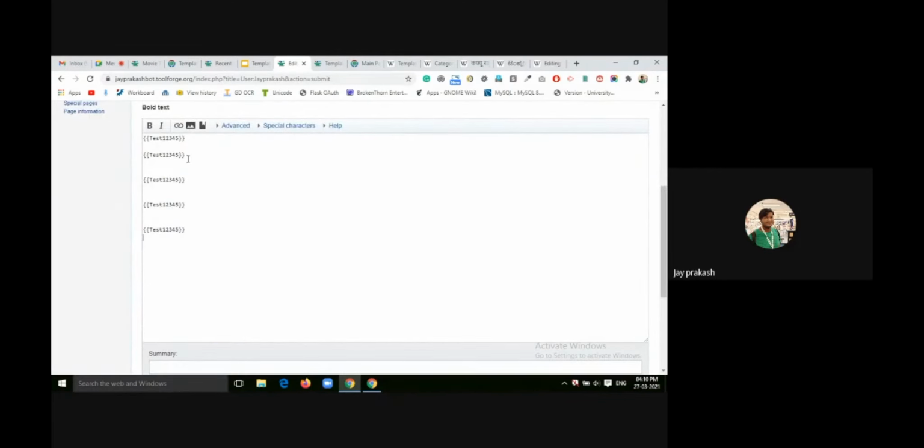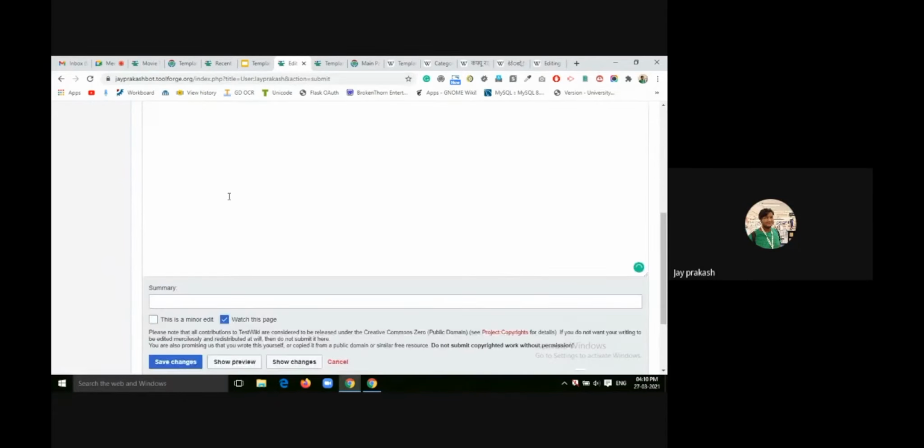So now we are calling the template, but we have to give some parameters to the template, since we used 1, 2, 3. For that purpose I first put one pipe and then any text for that placeholder. For me: my name is Jayaprakash and I live in India, and then pipe, I am editing Wikipedia since 2015.